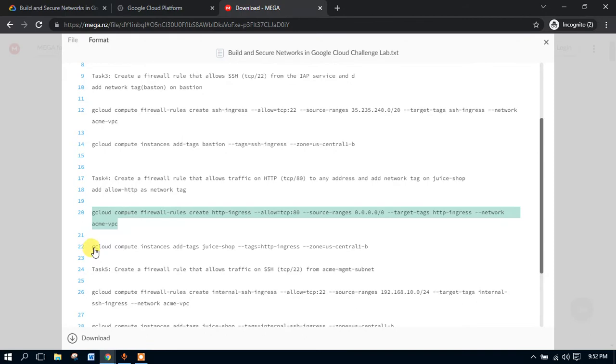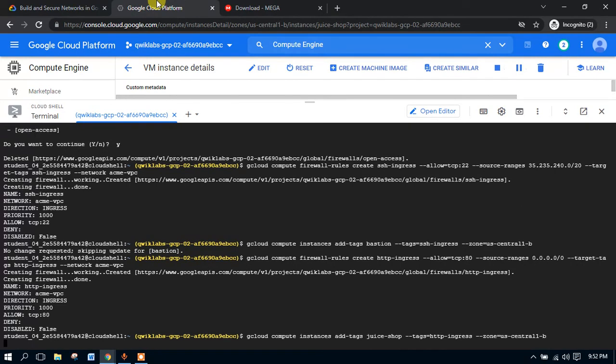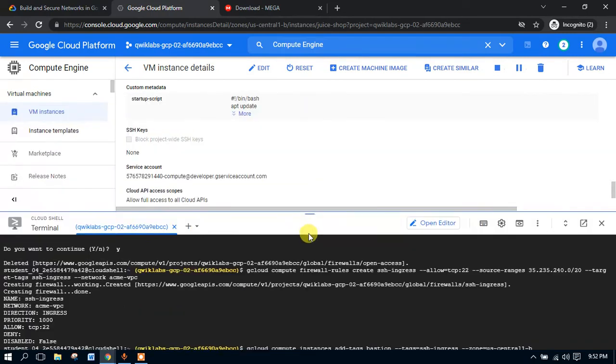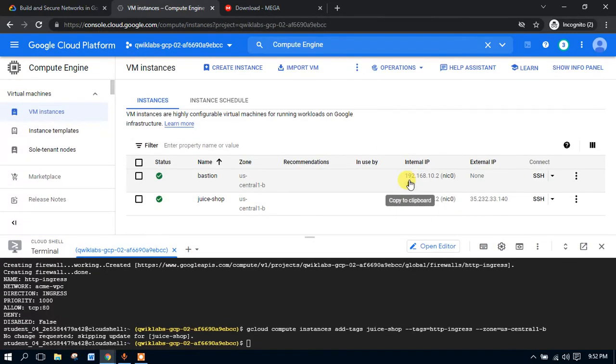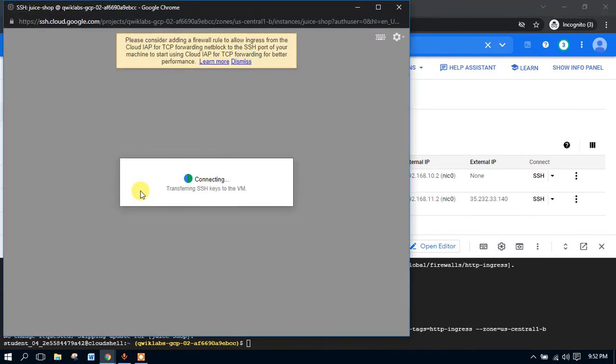And after this, run the second line of the code, copy it, press enter, and now let's check it out. How to check it? You can check it by clicking on the SSH button next to this. Click on connect. If it can connect, then I think we are 100% correct. If not, then let's see what we can do.